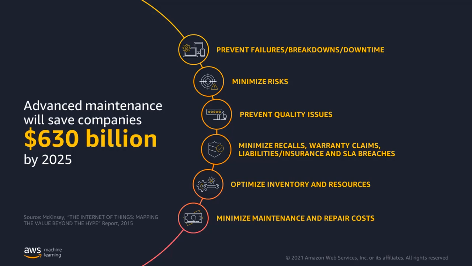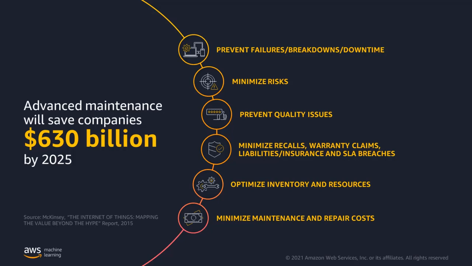It's estimated that advancements in maintenance technologies will save an estimated $630 billion across a variety of industries. Some of this is from failure issues. I'm assuming a lot of it is from avoiding downtime. And then there's other optimizations as well as quality assurance and all of those sorts of things that add up in aggregate to about 630 billion by 2025. Now, because this is such a big number,